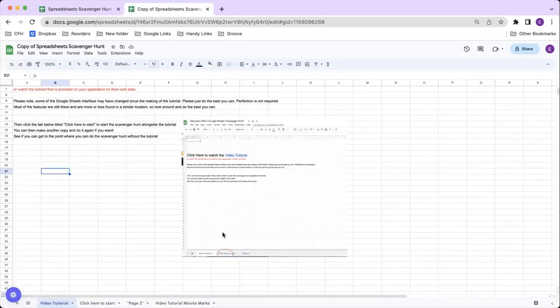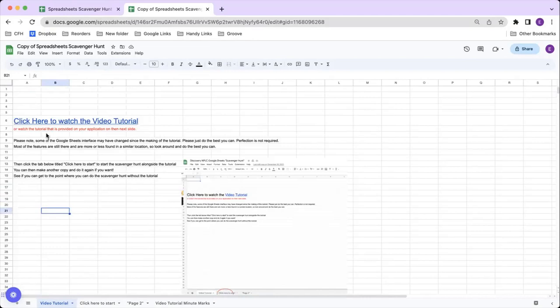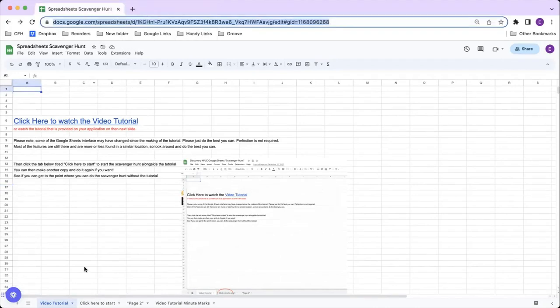You'll also see that if you're confused about where to start, there's an image here showing you to click down here to start. And there will also be a link that will allow you to start right away by jumping straight to this page in case you can't find this tab down here. But if you're watching this video, of course, there's multiple ways to get to the scavenger hunt itself. It's right down here. So I'm going to X out of this copy that I made, and we're going to